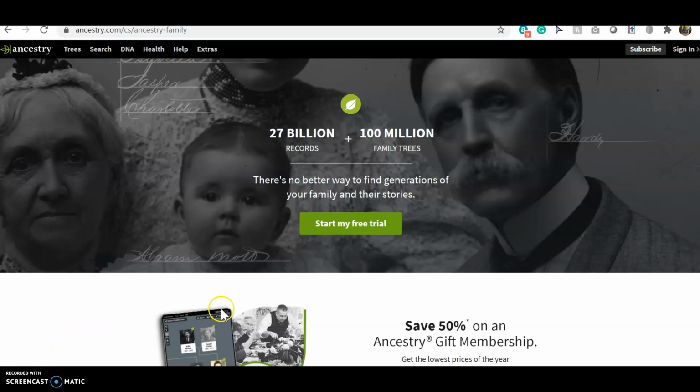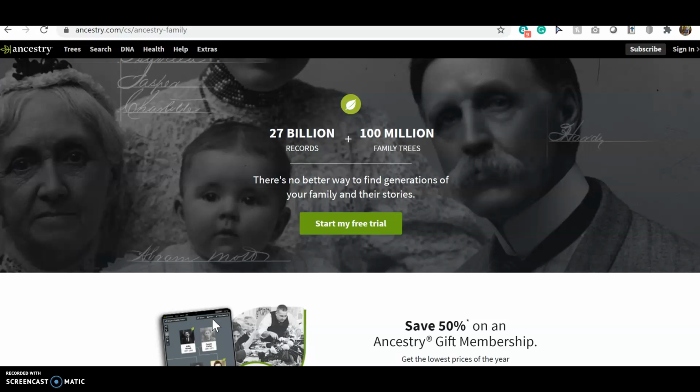Ancestry.com is one of the largest databases in existence for genealogy research. I specifically like this website because it contains billions of records from around the world. One downfall to Ancestry.com, though, is it is a paid subscription database. I personally think it is worth the money because I have been doing research for 20 years and I am willing to spend a little bit more money to access records from around the world that I would normally not